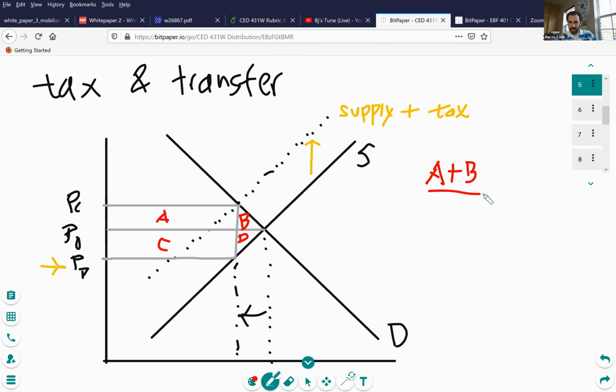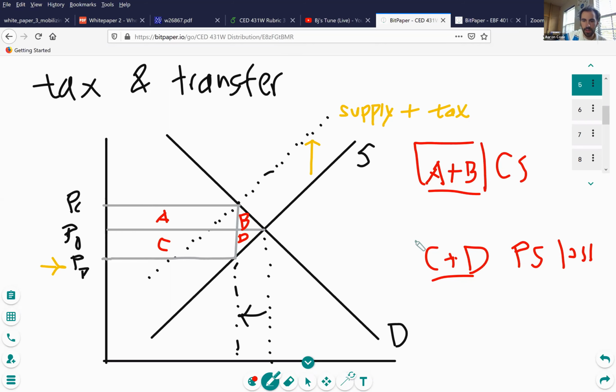Producers similarly are selling less than they otherwise would in an undisturbed market, and they're also receiving less than they otherwise would because now some of their costs involve tax payments to the government. And so the producers are losing some amount, C plus D. So that's a loss in producer surplus. This is a consumer surplus loss.